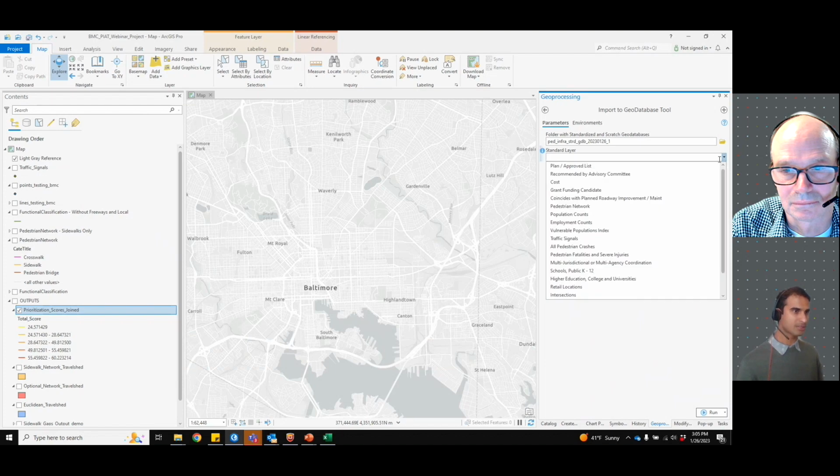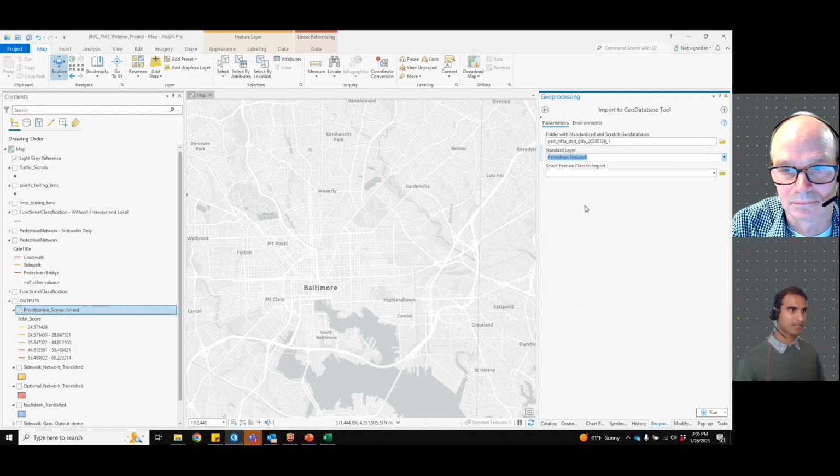And this time for standard layer, I will pick pedestrian network, and then select my layer feature cluster input as traffic signals. Clearly, the traffic signals layer is not a pedestrian network, and it's a point type, so it doesn't meet the requirements of a pedestrian network. So if we were to run this,